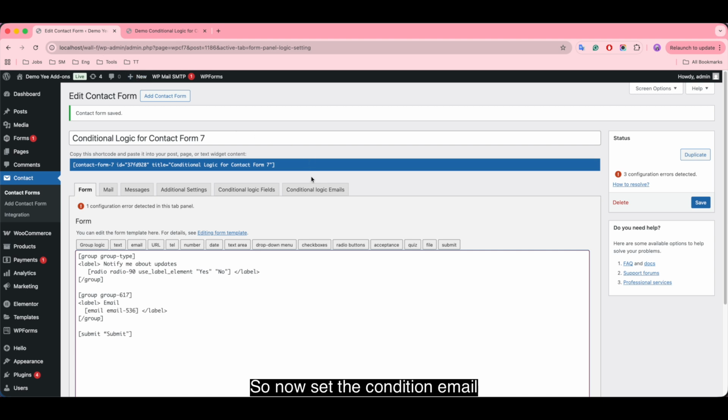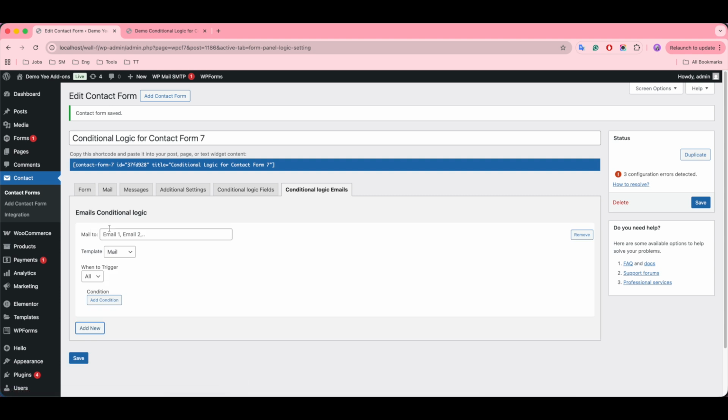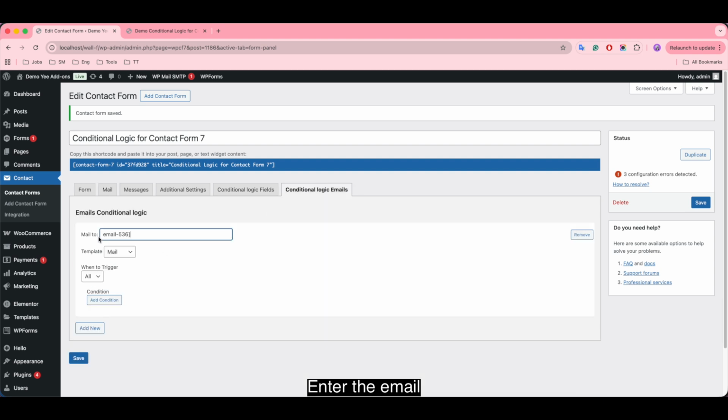So now set the condition email. Enter the email. This means the email is sent directly to the user.